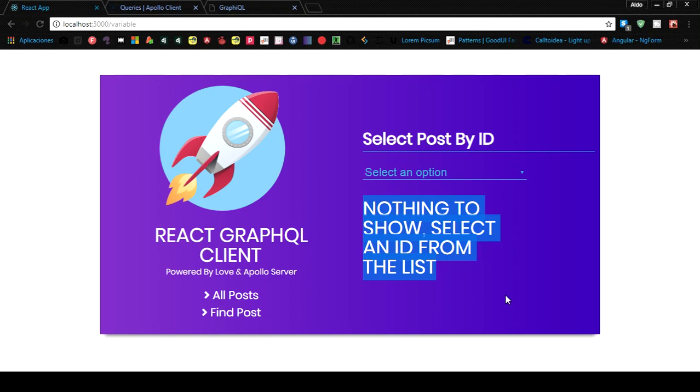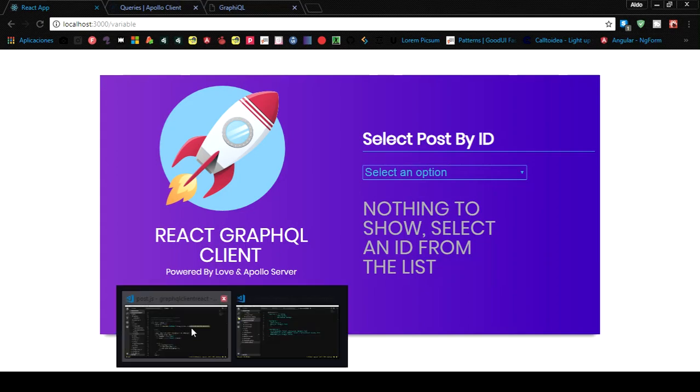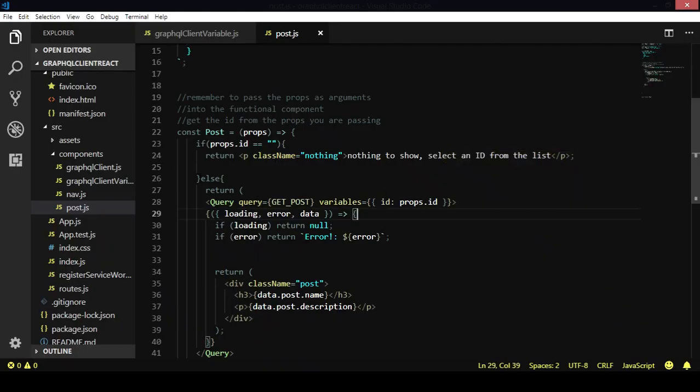That is this thing, nothing to show, select an ID from the list. Else, if props.id has something, has a value, has an ID, we're going to return